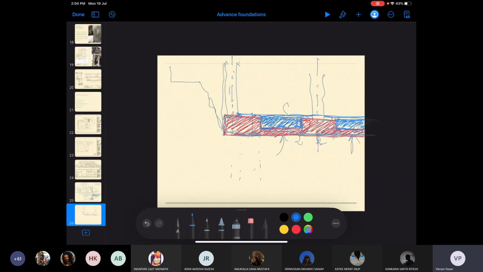This is a raft foundation which was done last year, no? So there was a basement raft or raft foundation which was covered last year. No, we didn't cover basement. Sorry, no, we didn't cover it. You haven't covered it.